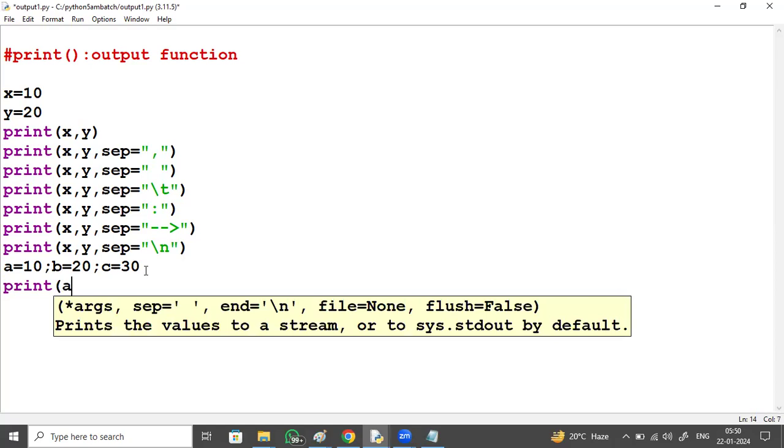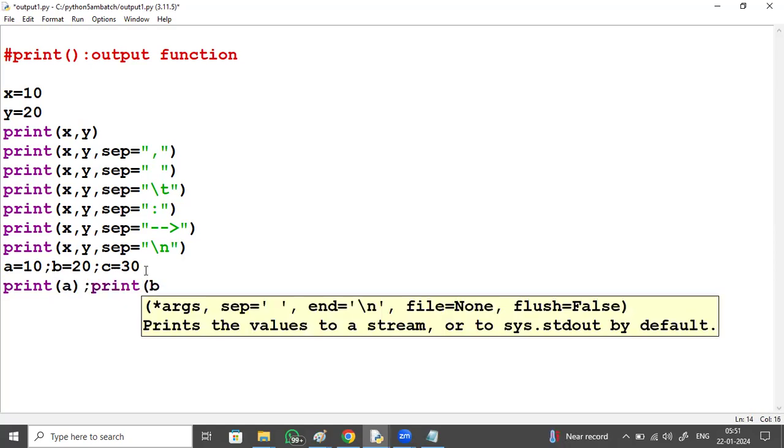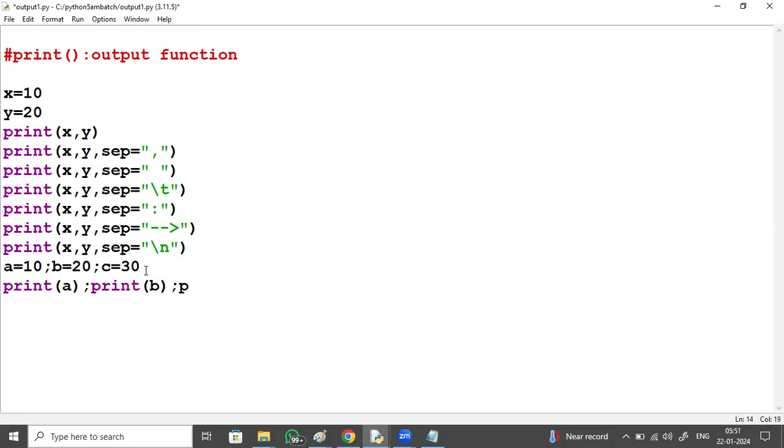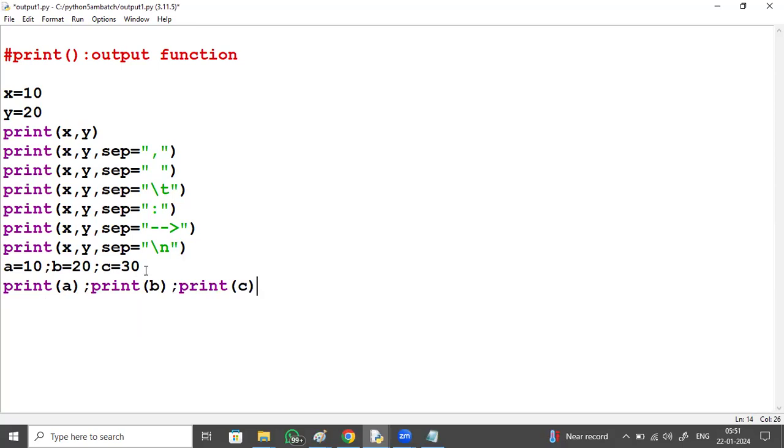Print A; print B; print C. But sir, the semicolon is optional, it's not mandatory.